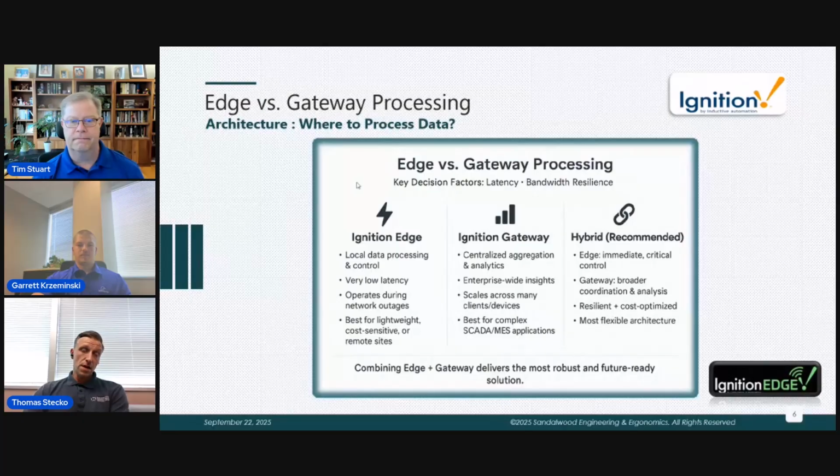This is always a tough question, right? You have a bunch of factors that you need to think about and decide what's best. Do we use an edge approach? Do we use a hybrid approach? Do we use a gateway, some sort of enterprise approach? So one of the biggest questions is where should the data be processed, right? And this really comes down to latency, bandwidth, system resilience, availability,